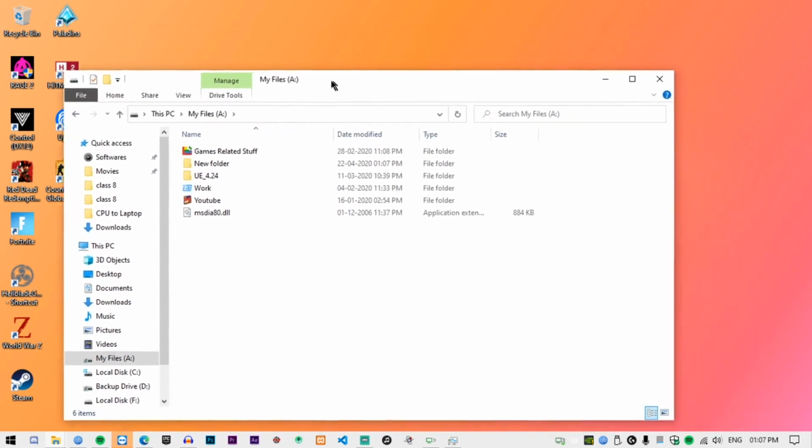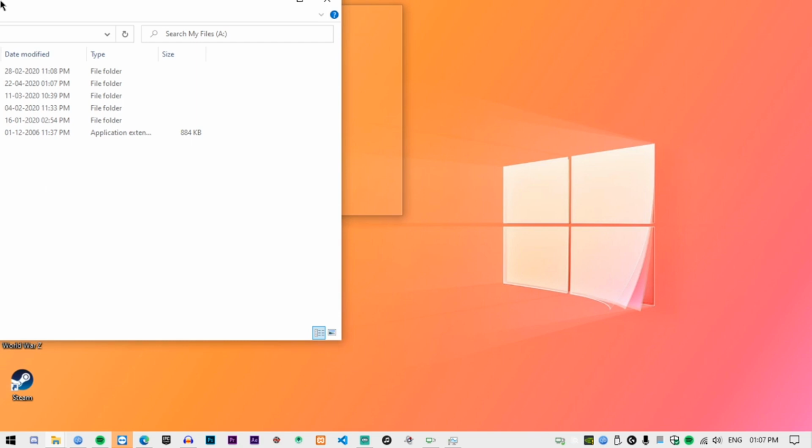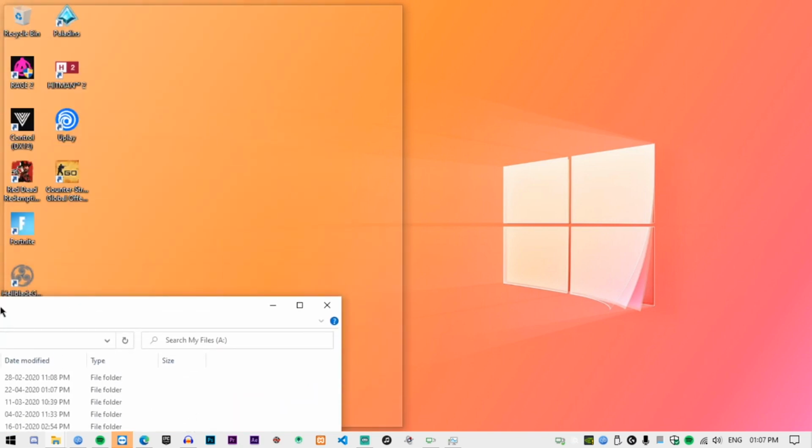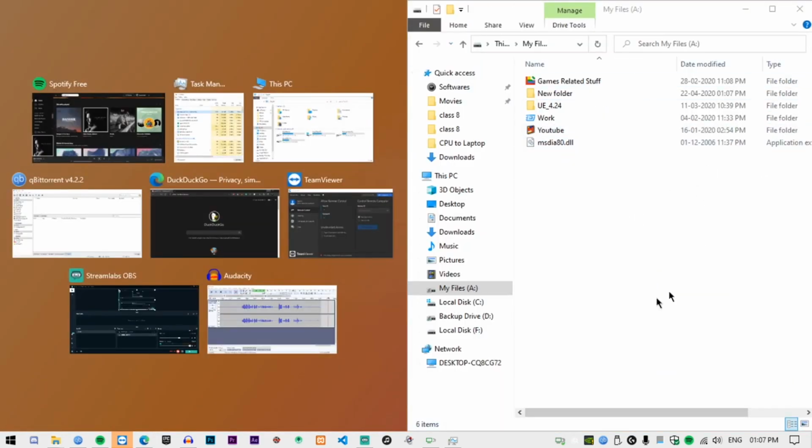The next one is the Windows Snap feature. The Snap feature is when you drag a window to any corner of the screen and you might be presented with this transparent grid that shows you what will happen if that window is dropped there. So if I drop my window on the right side of the screen, it will open up this Snap feature and I can choose another app and it will open up on the left side of the screen.